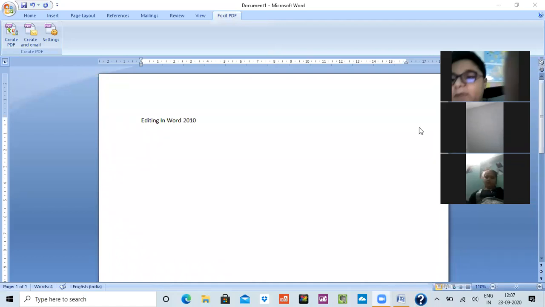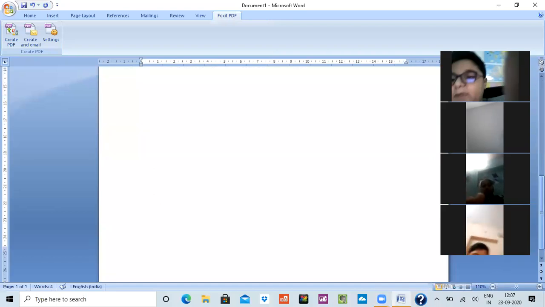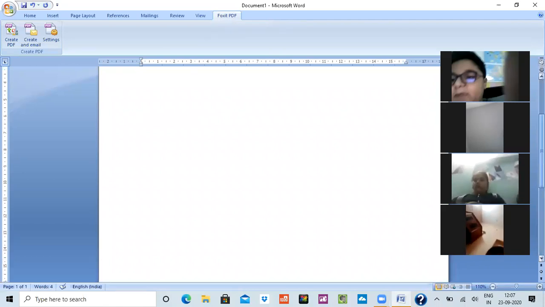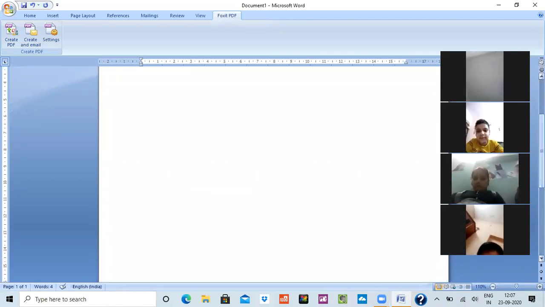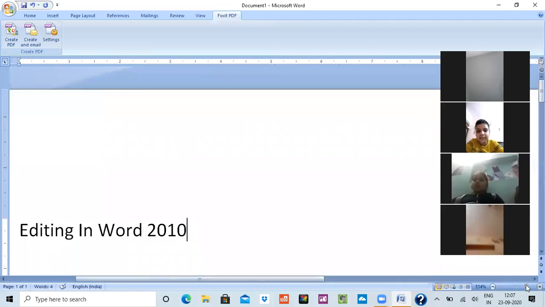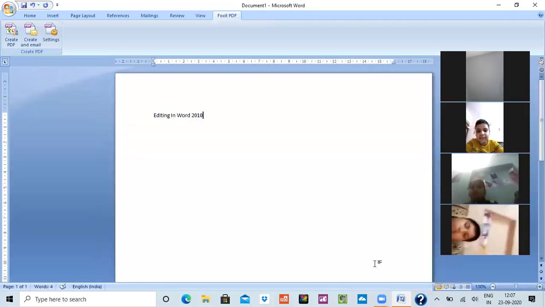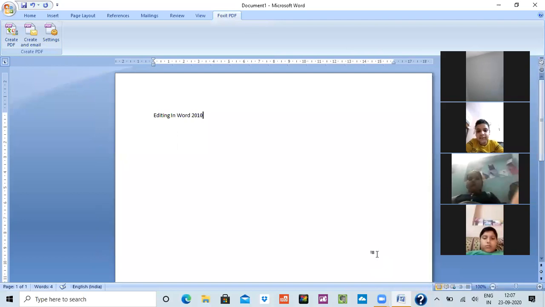Okay, good. Now the next thing is, this is a scroll bar. See, this is a scroll bar from where you can scroll the page. See, my page is scrolling. This is known as scroll bar, and this is a zoom slider. See, I am not able to see it. My page size will increase. This is a zoom slider. मैं कितना बड़ा करना चाहूँ या कितना छोटा करना चाहूँ, that I can do according to my things. So these are the things which we have to study.